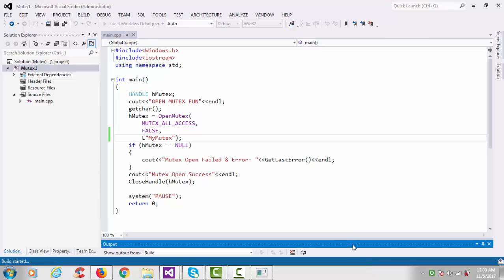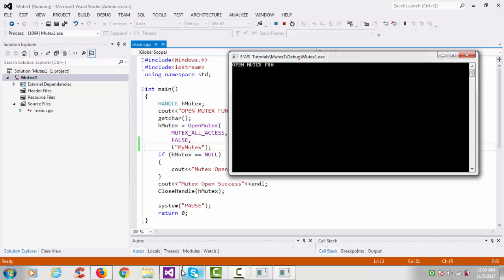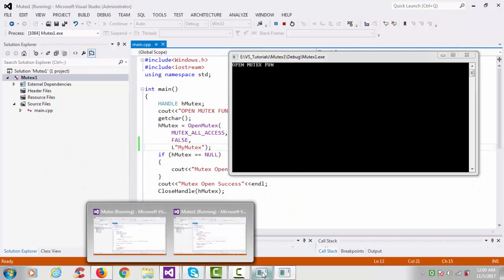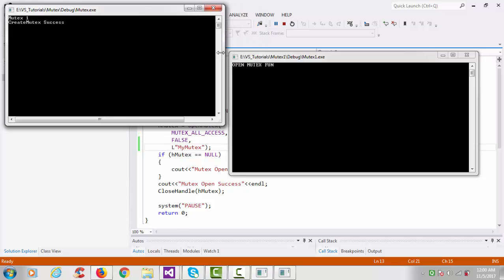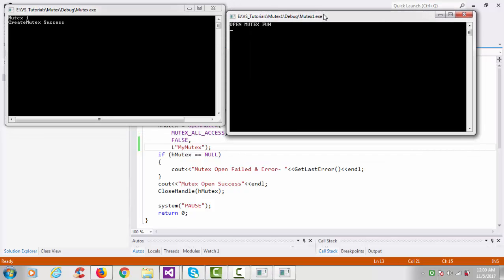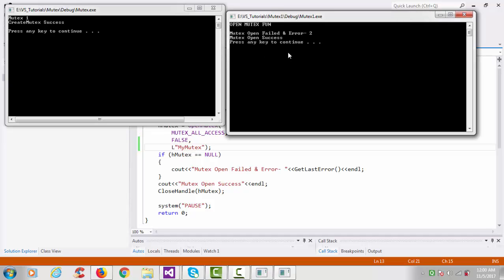So it's building. Build succeeded, OpenMutex function. So getchar, I'll press enter. Now go here, see, there is some error. So what I have to do here,